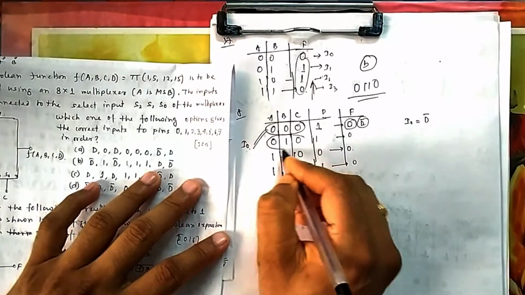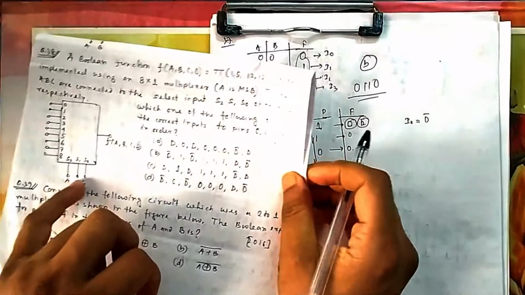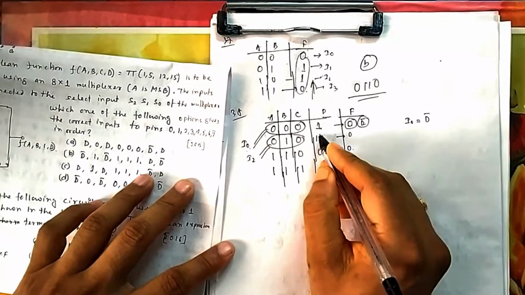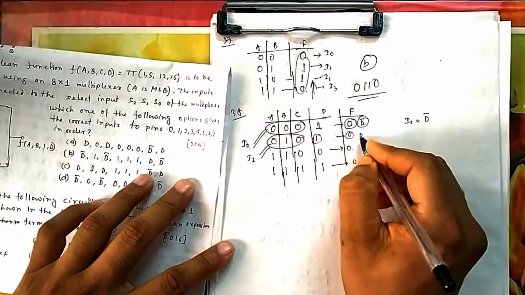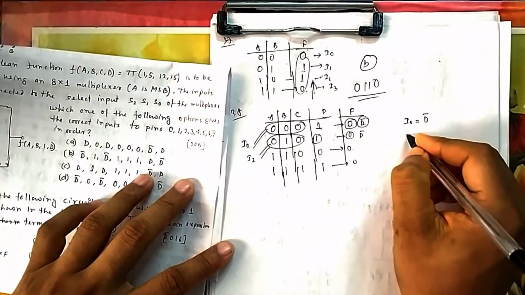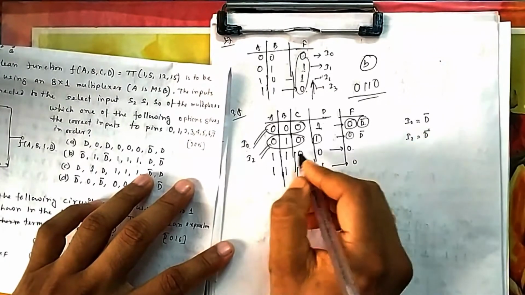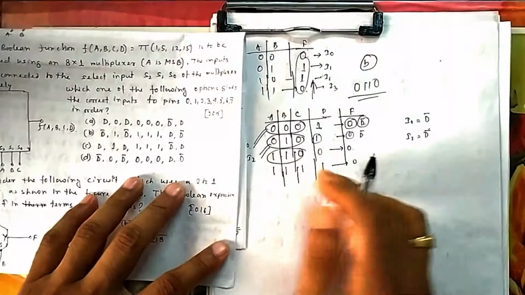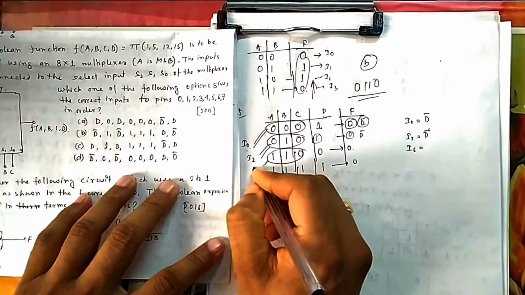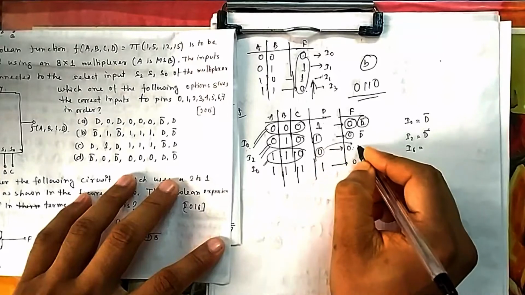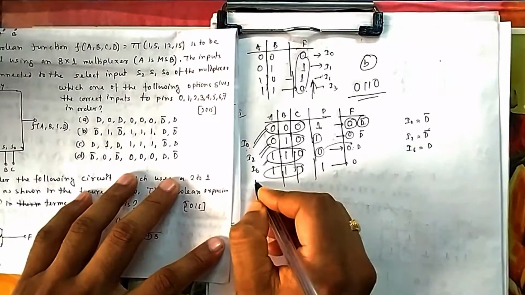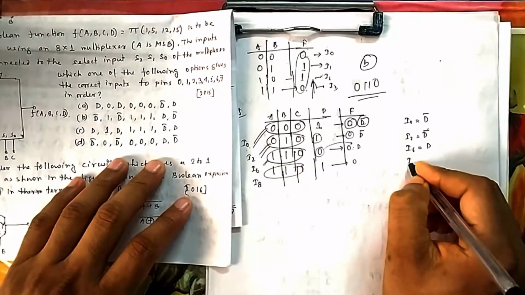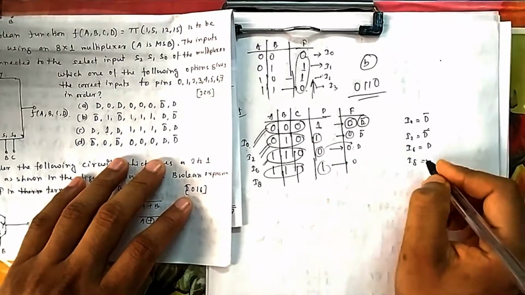Now if you see the next one, what does this represent? 0 1 0. If you put 0 1 0 here, then it will select line 2, I2. So what should be your I2? You can see whatever D you are giving, you are getting output in terms of D bar. So I2 should also be D bar. Similarly, this one is 4 plus 2, 6, so I6. So your I6, you write F in terms of D, so it is D. And this is 8, so it is I8. So your I8 will be equal to whatever D you are giving, just opposite to that, that is D bar.